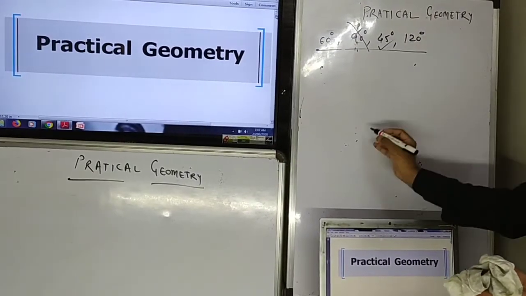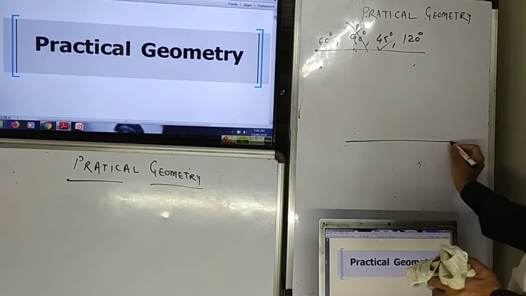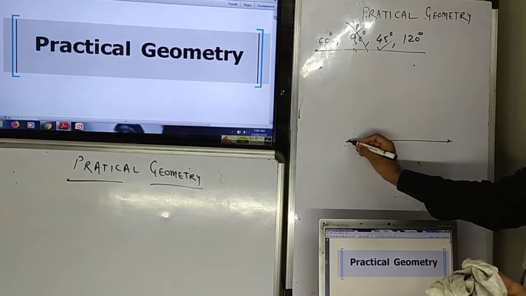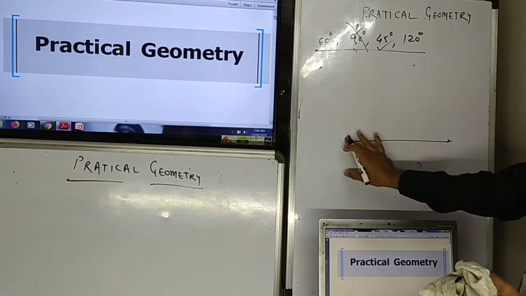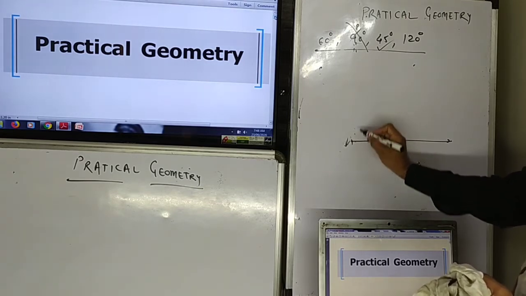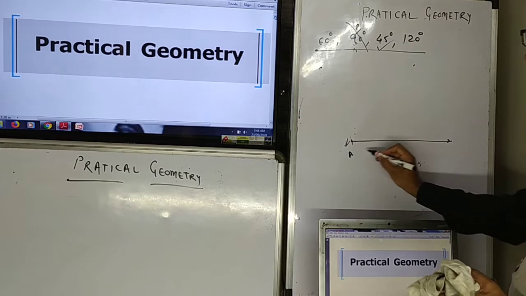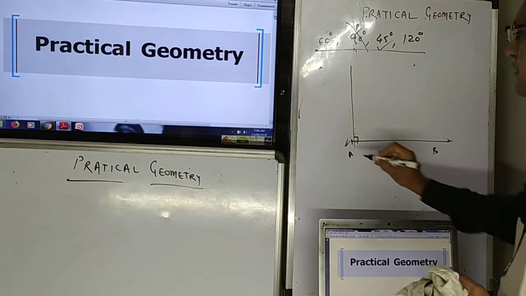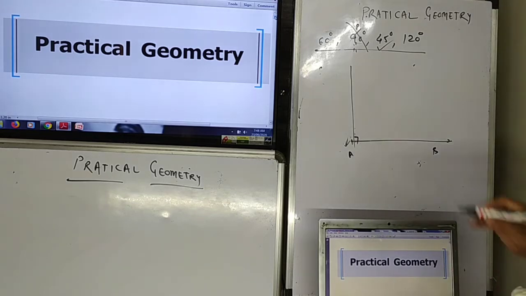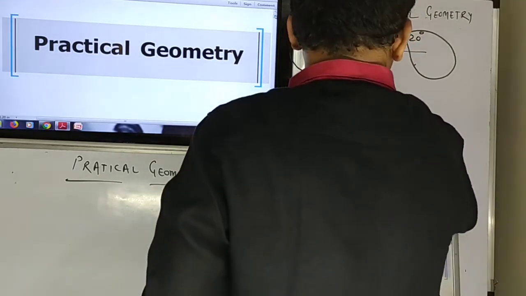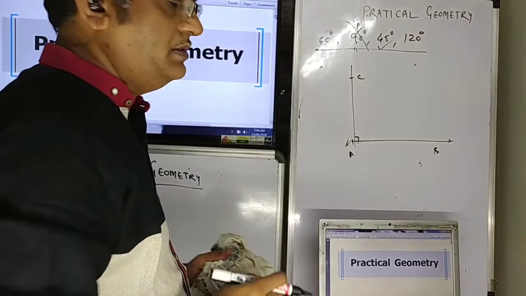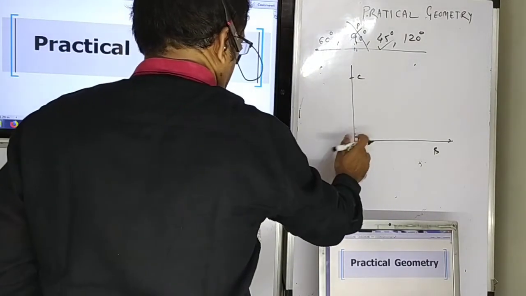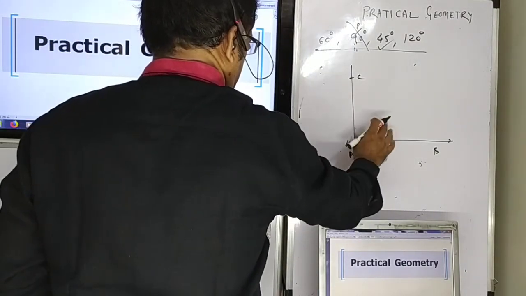Now how to draw 45 degree. To draw 45 degree, you have to do the method that we have carried out in the construction of 90 degree. First of all, you have to draw 90 degree, and after drawing 90 degree, let us say the BAC angle is 90 degree. Draw the angle bisector of this angle BAC.